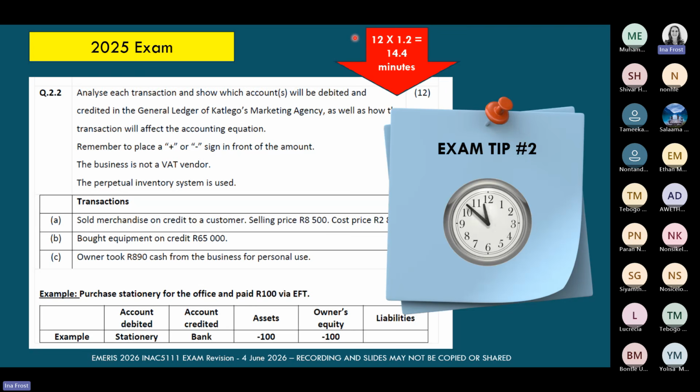And just to caution you again, you don't want to spend more time than 14 minutes on this question, because that's either going to mean that at the end of the paper, you've got to start rushing through things, or worst case, you start leaving out questions. And remember, this paper is only out of 100 marks. So if you start leaving out 20-mark questions, then it's really, really going to impact your marks.